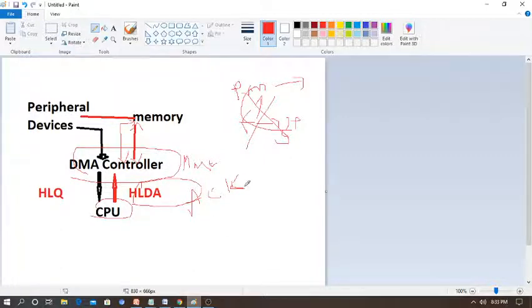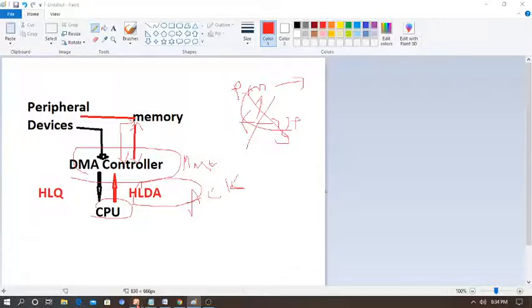Then step number 4, now the CPU is in the hold state, it won't interfere here. Then step number 5, at last the DMA controller has to manage the operation over the buses between the CPU and the I/O devices. So peripheral devices, whether you connect a pen drive or a printer or whatever, can communicate and do the task in the computer like that. These are the points you have to remember about the operation of DMA. Let's go back to the PPT.